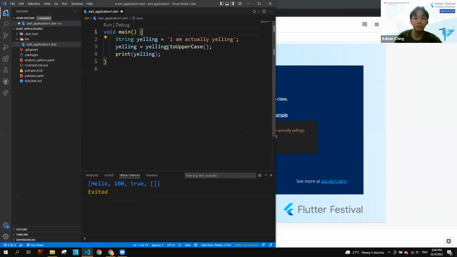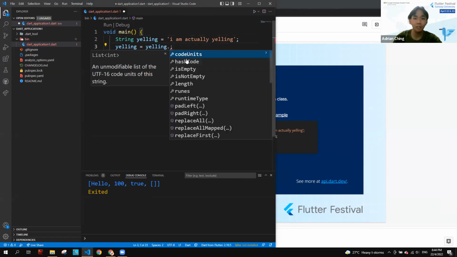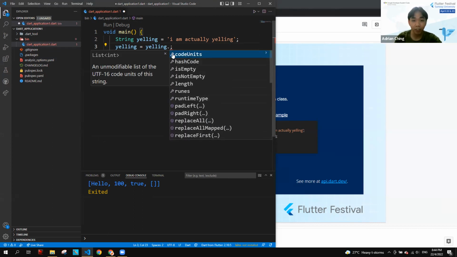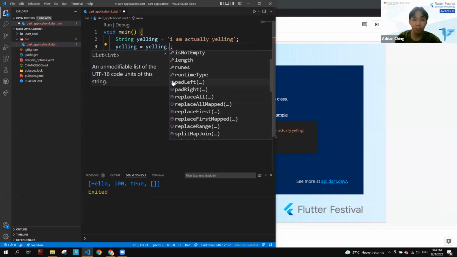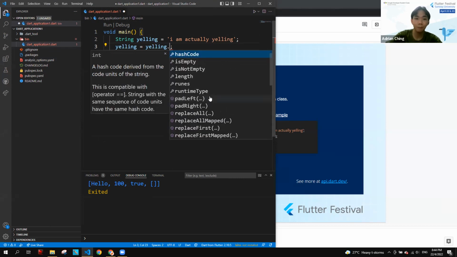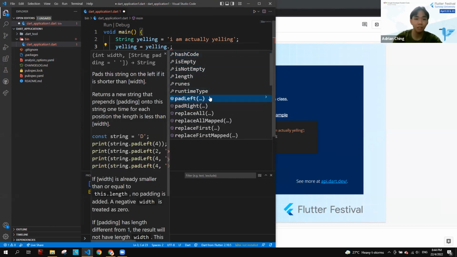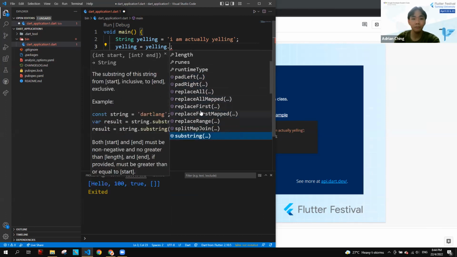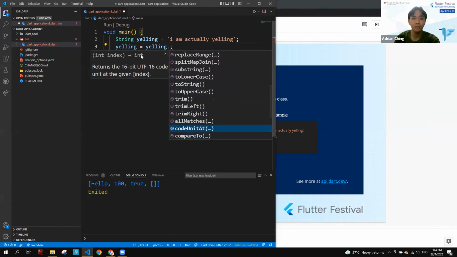So instead of this method, let's just remove it, type a dot, and then you can see all of these different things appearing, right? These wrench-looking things are the properties, and these cube-looking things are the methods. You can see there are a lot of different methods, and each method will return something different. This one returns a string value, this one returns a string, this one returns a string. Basically, you can see something like int, so it returns an integer.